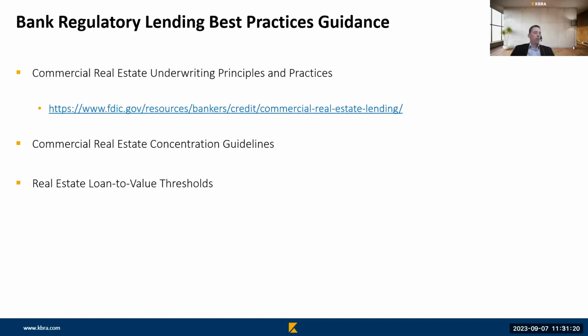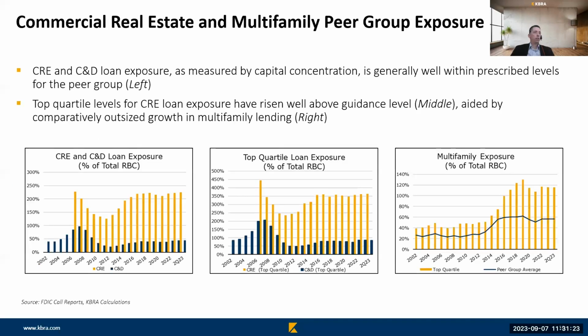Excellent. Let's keep moving. We'll go to the next slide here, where commercial real estate and multifamily peer group exposure. Yeah, so real quickly here, I think we touched on this in effect, but the first chart of CRE, commercial real estate, again, excluding owner-occupied commercial real estate, and then construction and development. You can see based on the regulatory guidance of 100% for C and D and 300% for C and D and the rest of the CRE bucket, for our peer group, they've consistently maintained their exposures below the regulatory